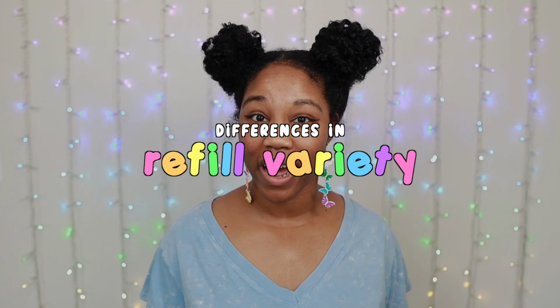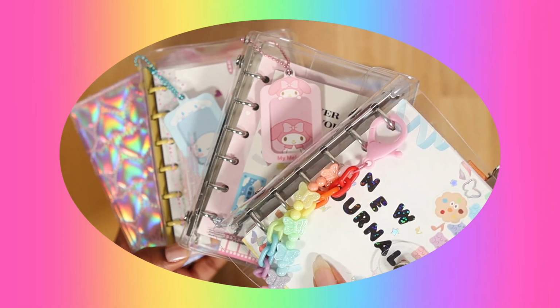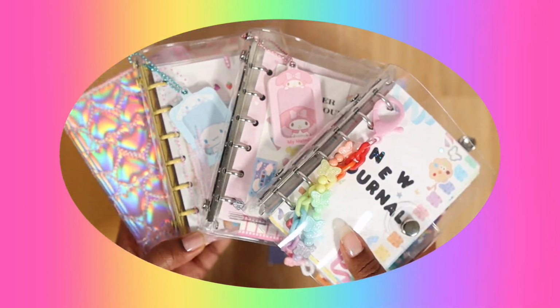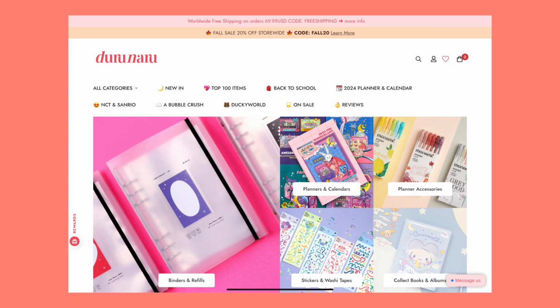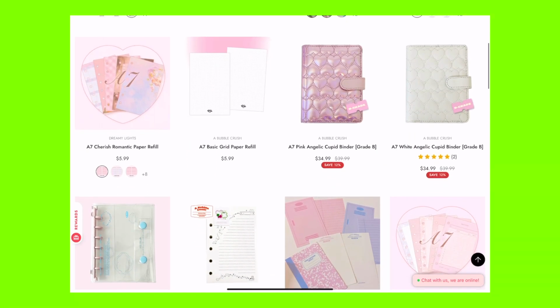You also want to look into the differences of the refill variety, since some options may or may not be available depending on the size binder that you want. So for example, since the A7 is more common, it'll be easier to find different refill options. So let's take Durunaru for example, since they have a great variety of A7 refills, especially if you like A